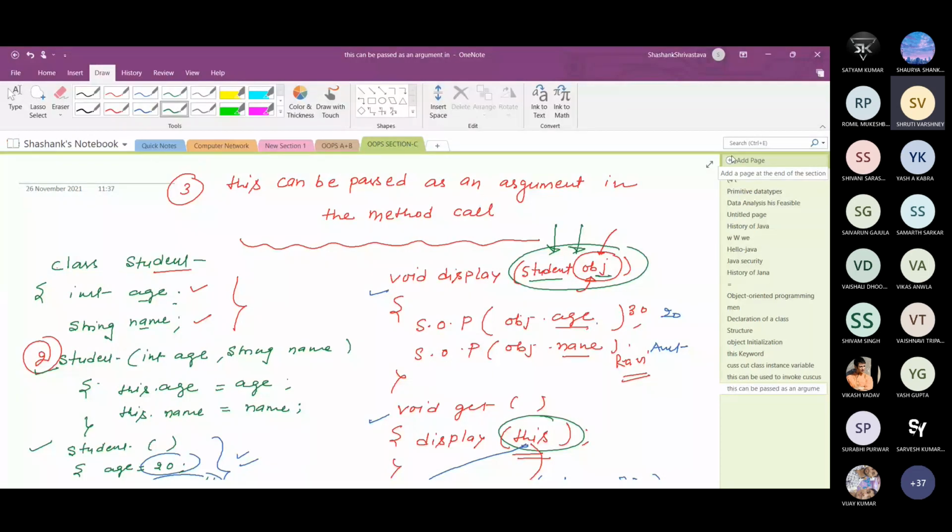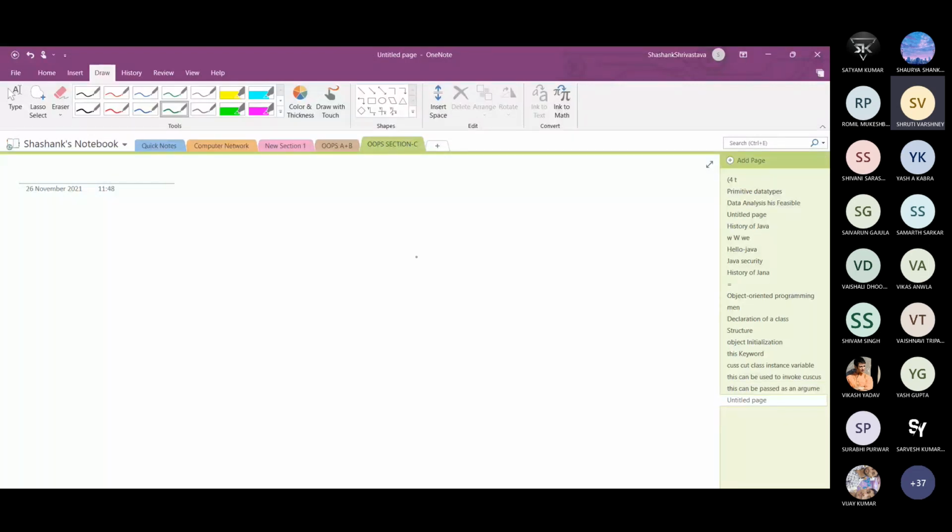Now just come to the last, that is the fifth one. That is, this keyword is used to return the current class instance.